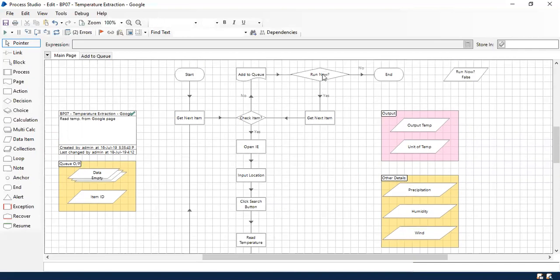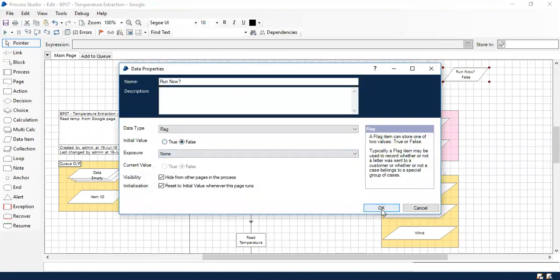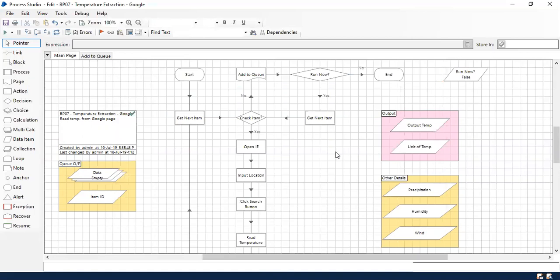And if you want to continue with the newly added item, just process it, which is if you change it to true, it's going to run it. But at the moment I don't want that. And now this is how you are going to have a get next item action. So next to that, you have added the item into work queue. You are processing the item one by one from work queue using get next item.